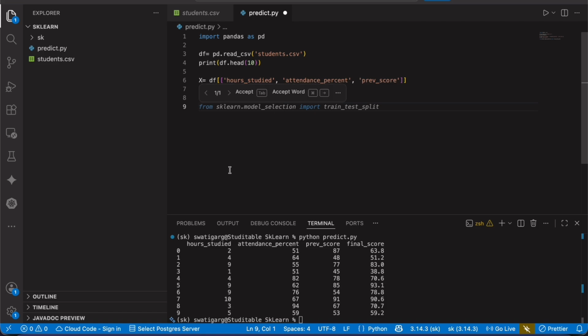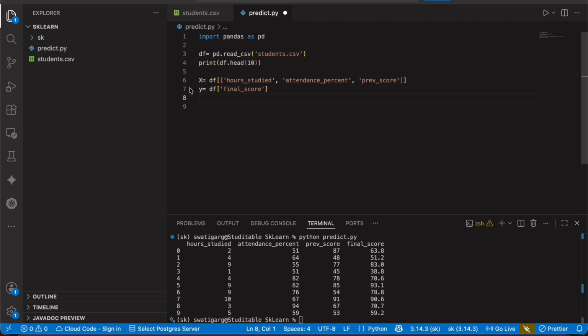So the linear algebra rule states that matrices should always have capital letters. That is why we have used capital X here, and lowercase y here, which is also called a vector. This represents a 1D column structure which contains single values like 1, 2, 3. Because the final score will have a single column, it will not have rows and columns.